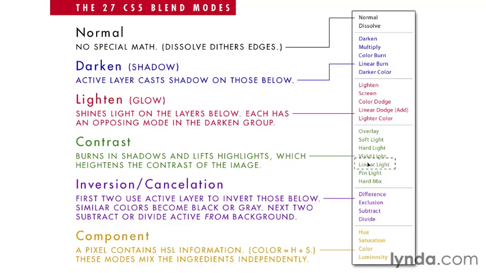And then if you want to take the saturation down just a little bit, heighten the effect still further, then you go to linear light, which is essentially a combination of linear burn and linear dodge working together. Then you go to pin light, which is a numbskull mode, but I'll show you how that one works. And then hard mix, which basically boils your image down into 8 colors. And so it gives you a highly posterized effect, but there is a way of tempering it using the fill